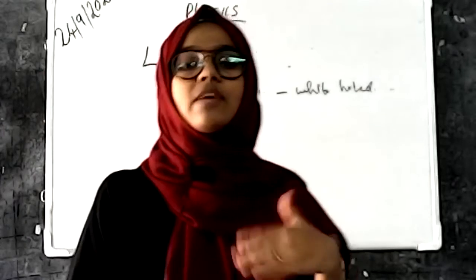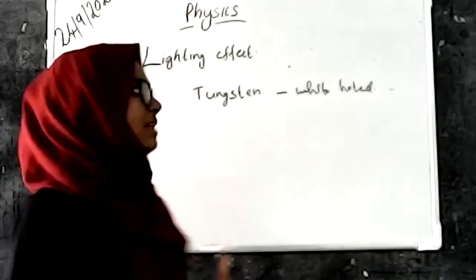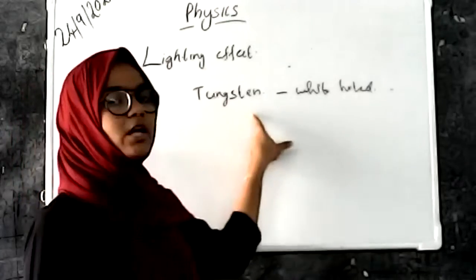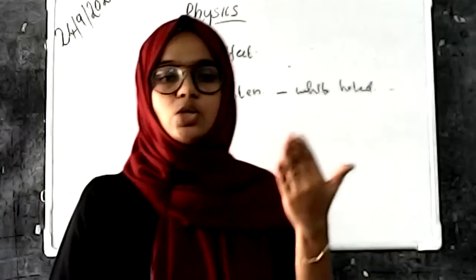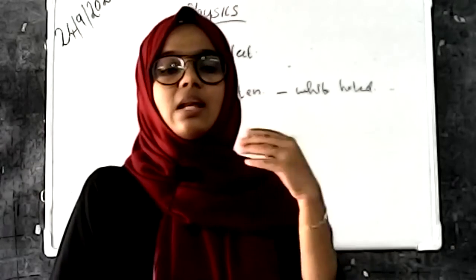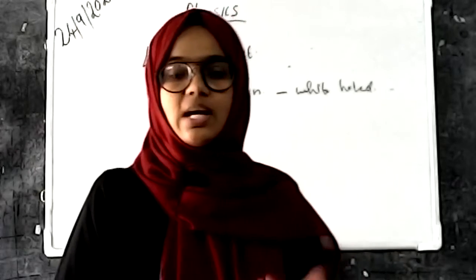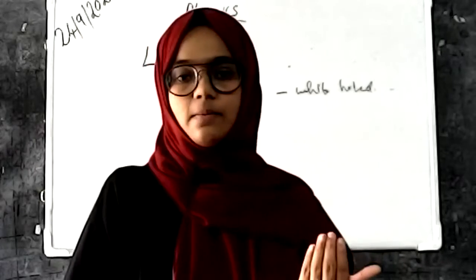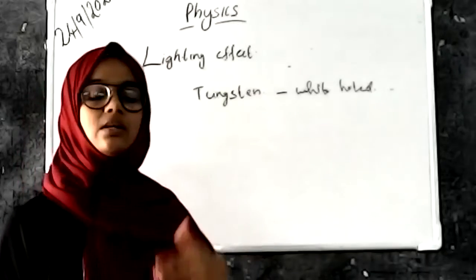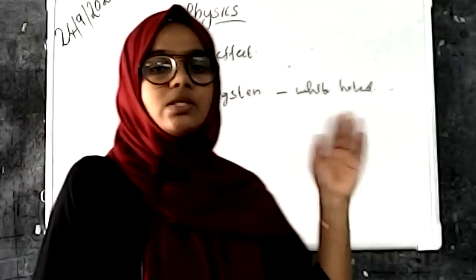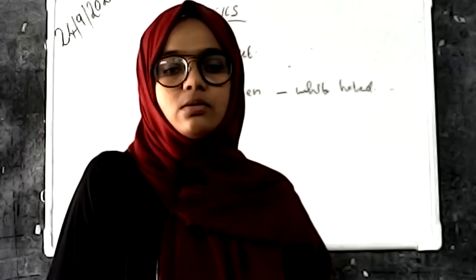Incandescent means glowing under electricity. The main part of an incandescent lamp is the tungsten filament. When we give electricity to the lamp, the tungsten filament becomes more heated and gives more light. That is an incandescent lamp. Tungsten filament has many properties that make it suitable as a filament, and we discuss this in our slide.